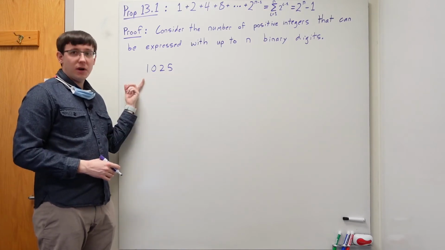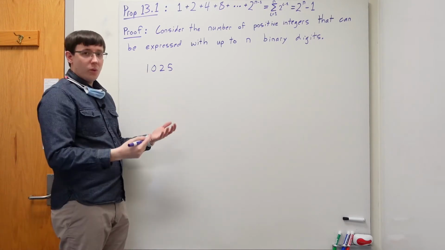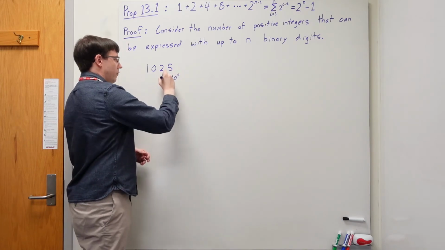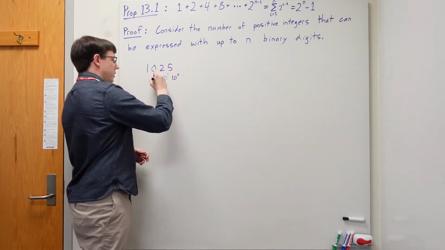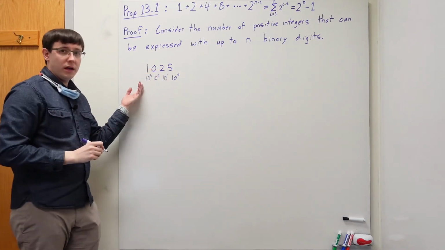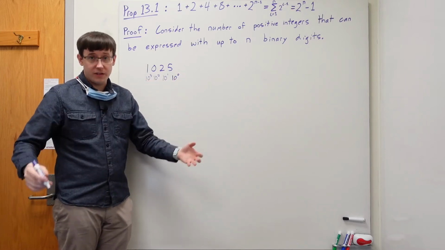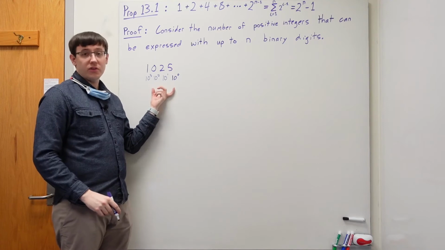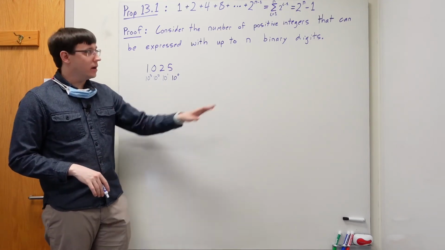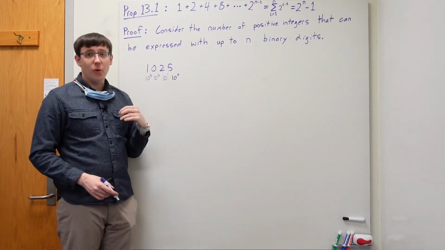So each column of the number represents a successive power of 10. We have a digit for 10 to the 0, another for 10 to the 1, then 10 squared, then 10 cubed, and so on. Because each column represents a power of 10, we refer to this number system as base 10. And so if we instead operate in binary, which is base 2, we will have a column for each